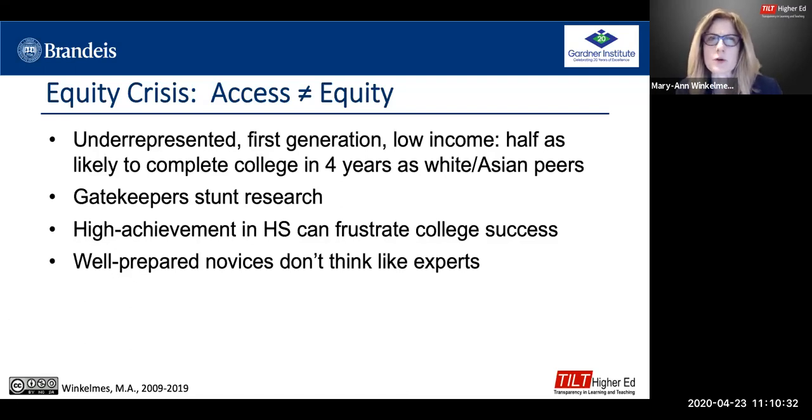A gatekeeper approach is also really terrible for research productivity. I know it's often used as a way of protecting a field in an older approach to scholarship, where you want to weed out the less fit, a sort of Darwinian approach, right? But by weeding out the vast majority of outlier thinkers, those kinds of thinkers that Malcolm Gladwell tells us are the ones who catalyze research breakthroughs and new insights,